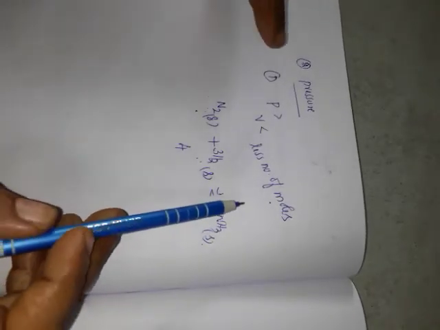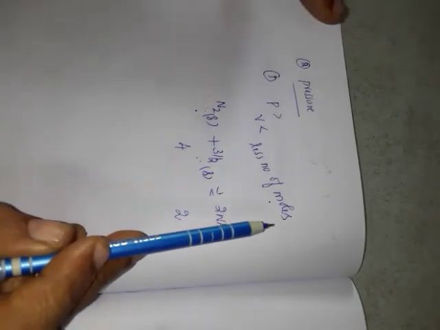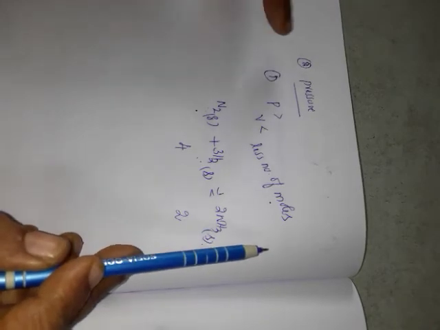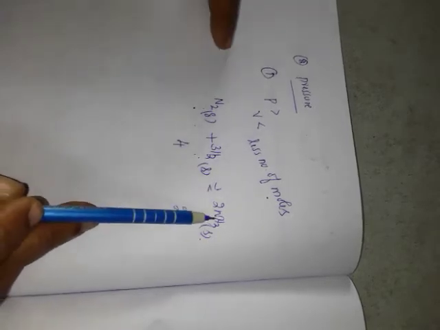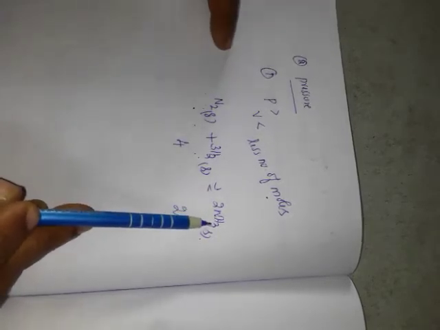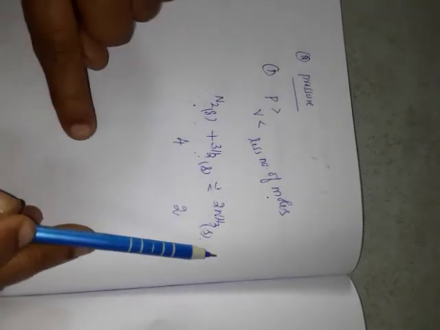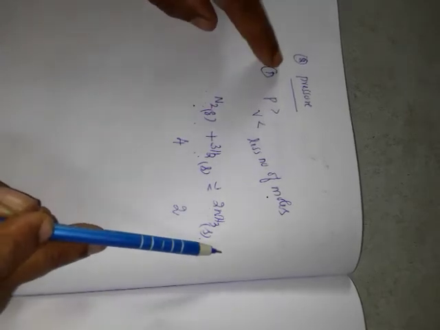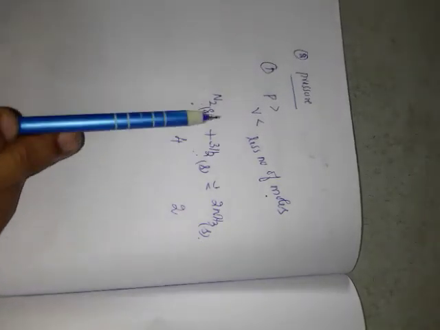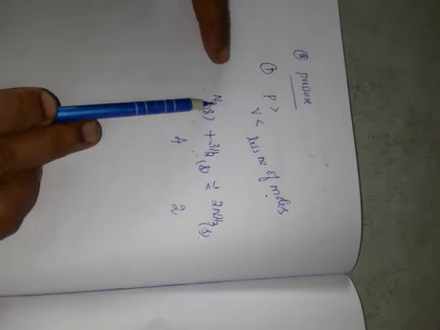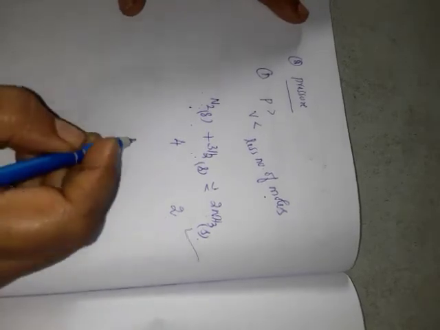Now I told you that when pressure increases, volume decreases, and the equilibrium shifts towards the direction where there is a smaller number of moles. In this reaction, here 4 moles, here 2 moles. Where is the smaller number of moles? Can you guess? On the product side. So when pressure increases, the equilibrium shifts towards the forward side, and the synthesis of ammonia is greater. This is the fact. Understand it well.